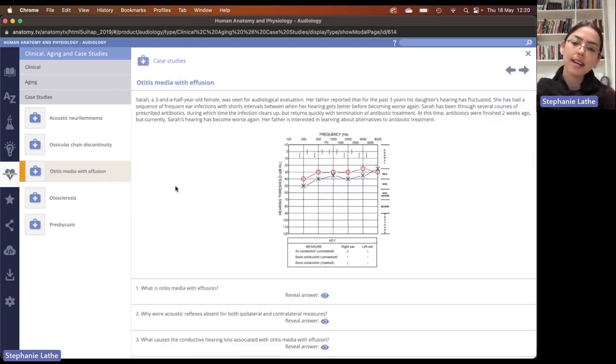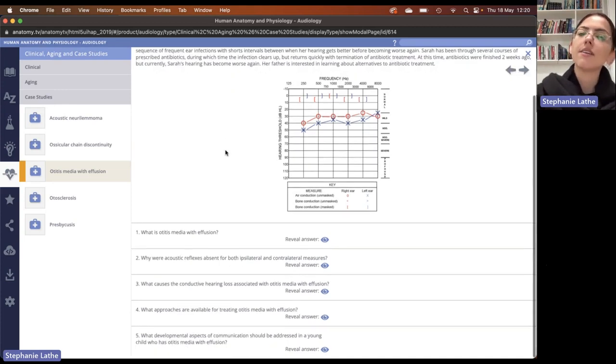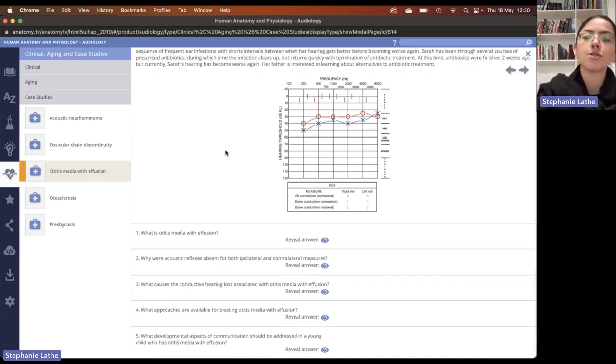And these are also wonderful exercises that you can allocate to your students to help engage those critical thinking skills. The example that I've chosen is otitis media with effusion. And here we have Sarah, who's a 3.5-year-old female, and she was seen for an audiological evaluation. We learn more about Sarah's case, and at the end of the day, she is suffering from otitis media with effusion. After we learn more about Sarah and her case, there are various questions posed to the students that they